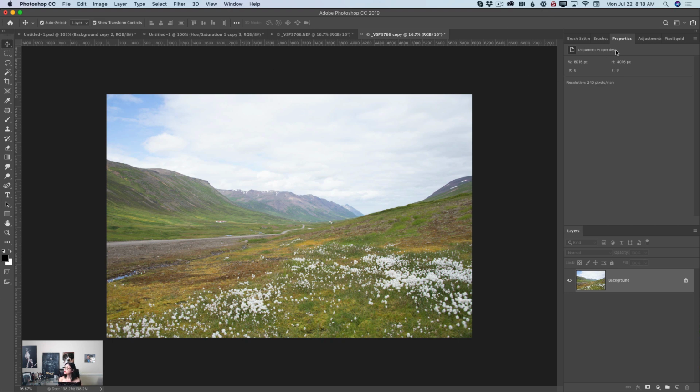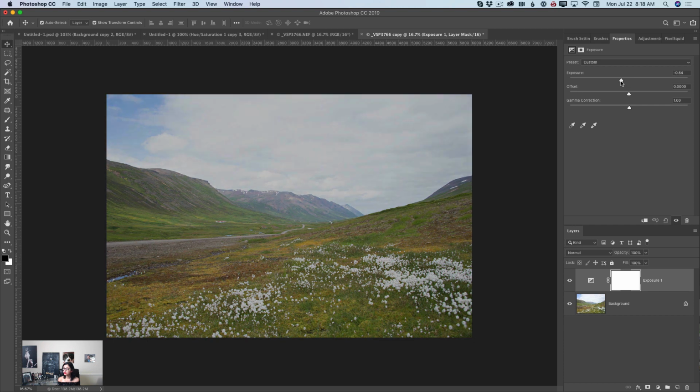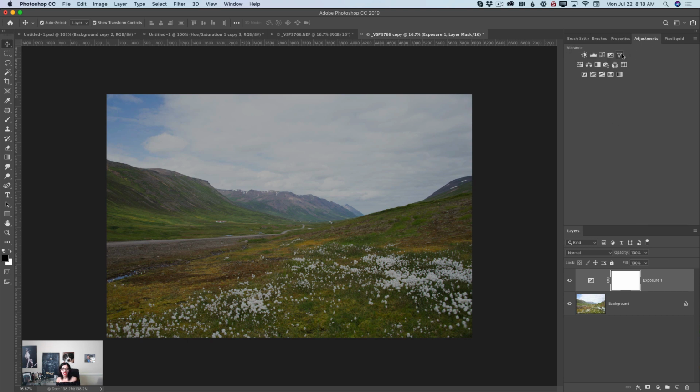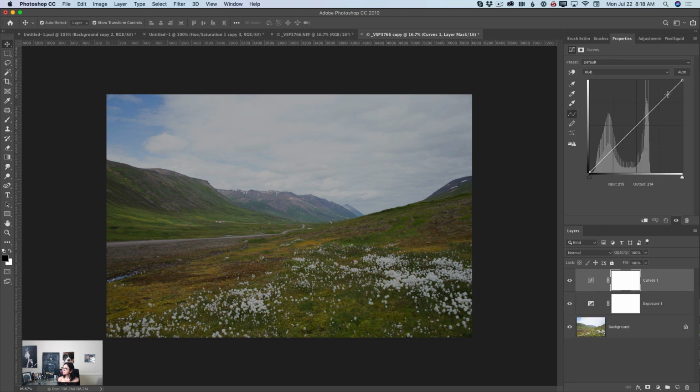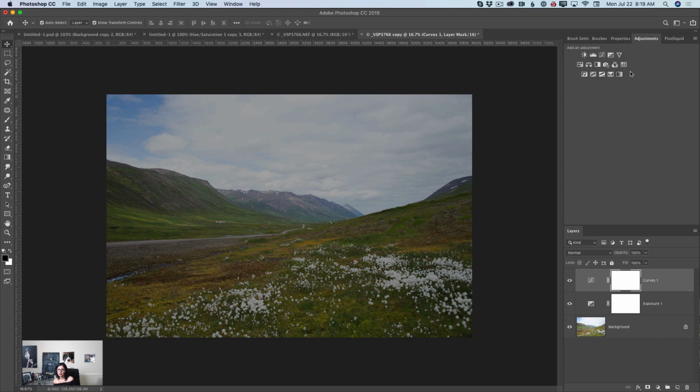First of all, I would like to change the exposure of my image. I will switch to the adjustments panel, click on the exposure icon, and bring exposure down, and I will change gamma correction just like that. Now I will switch back to my adjustments panel, and here I will click on curves adjustment. Using curves, I will adjust my image. How simple is it? And now I will switch back to my adjustments panel,